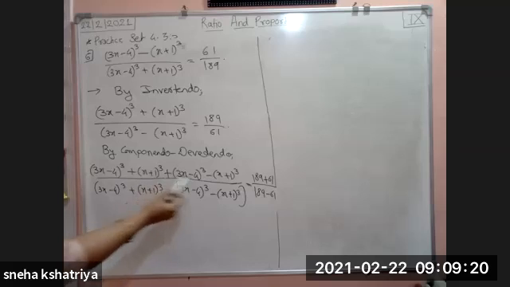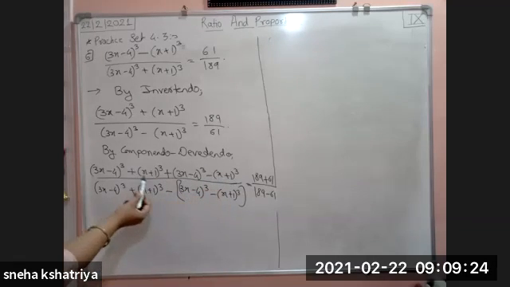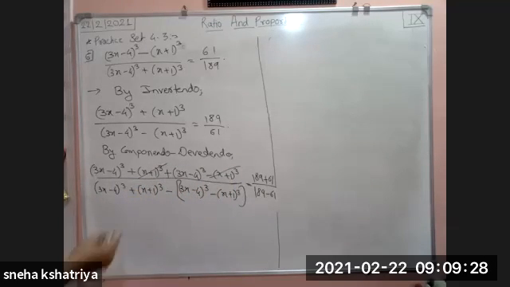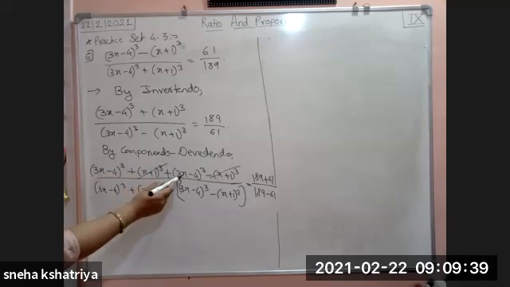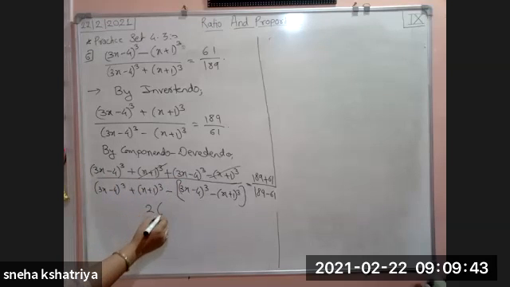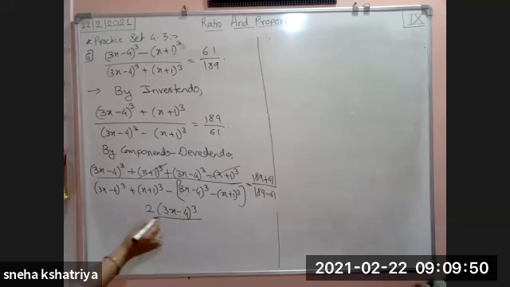Okay, next. Now see here, this is minus (x plus 1) bracket cube plus (x plus 1) bracket cube. So this plus and minus term get cancelled. Same thing at numerator, denominator also one term will get cancelled, but before that we have to multiply by minus sign. Here what is remaining? (3x minus 4) bracket cube and (3x minus 4) bracket cube, 2 times it is. So we will write here 2 times (3x minus 4) bracket cube divided by.